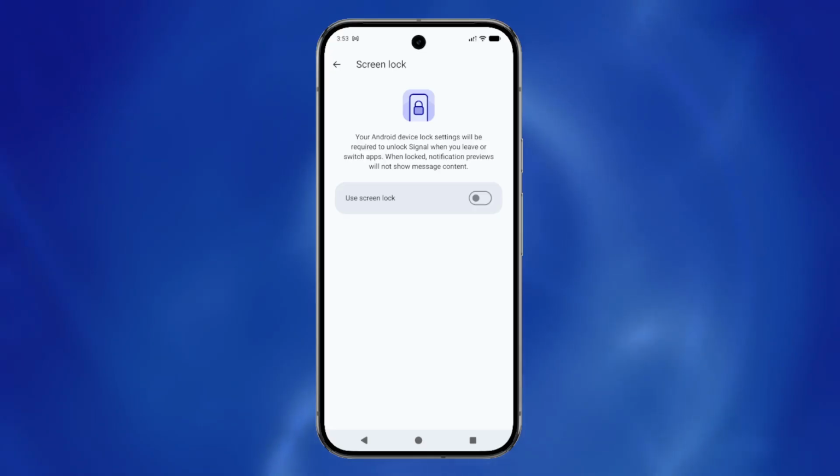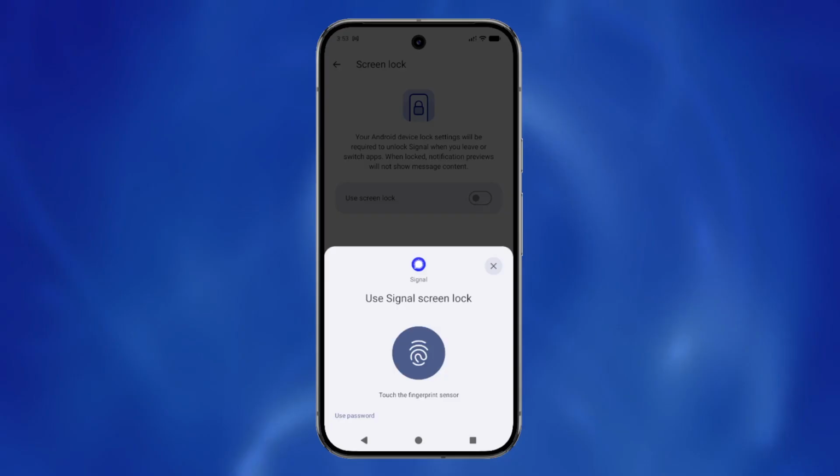Now you'll see a toggle switch right beside Use Screen Lock. Go ahead and tap this toggle to turn the feature on. This action will activate the fingerprint authentication requirement for accessing your Signal app, adding that crucial extra layer of protection